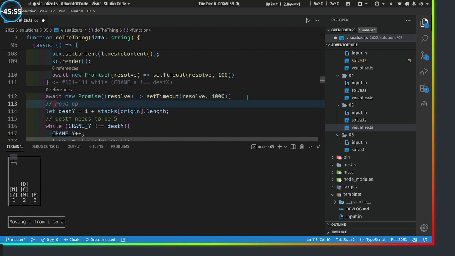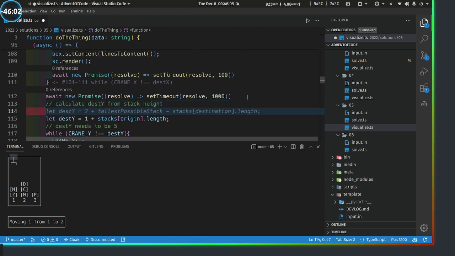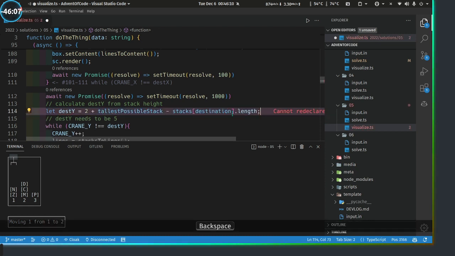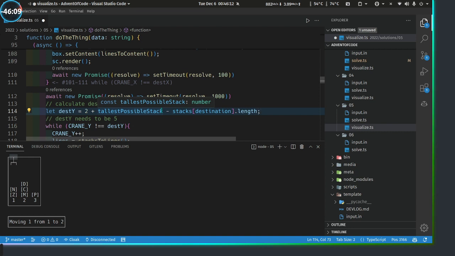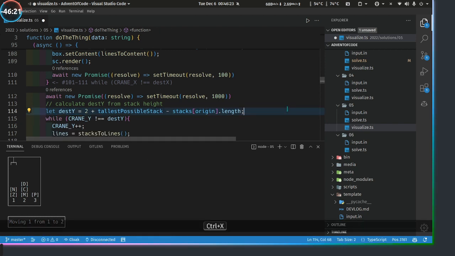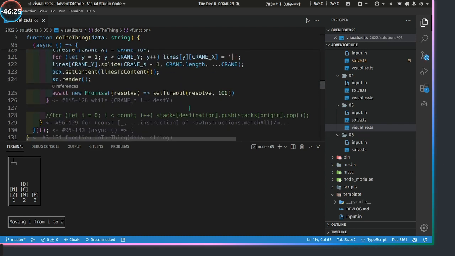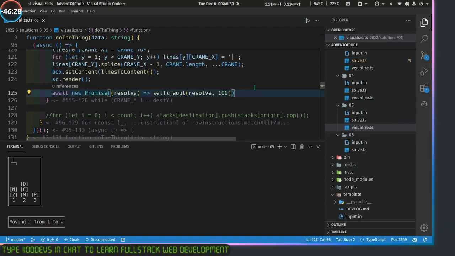Stack height. Okay, that doesn't seem like a too bad of a proposition. What's tallest possible stack? 4. So that's 2 plus 4 is 6 minus, well, that's origin actually. 6, 5, 4. Okay, pretty close. If we can get this far,